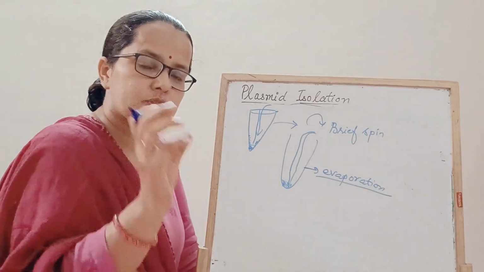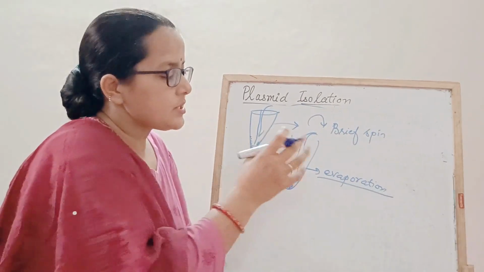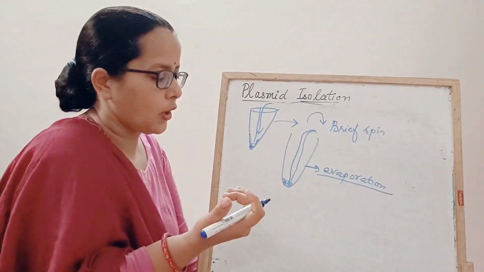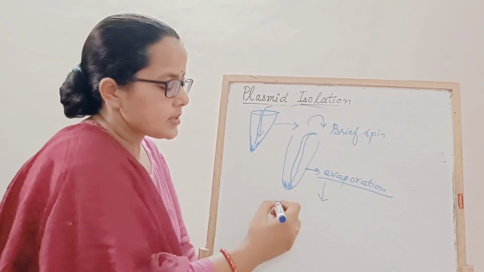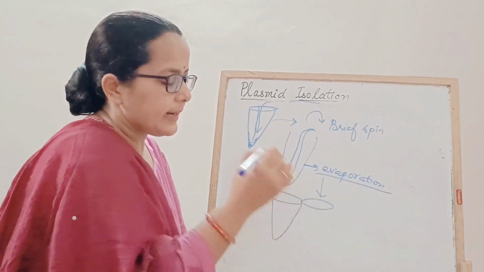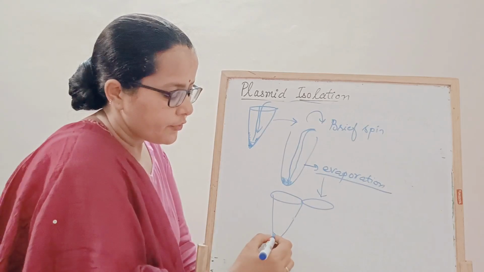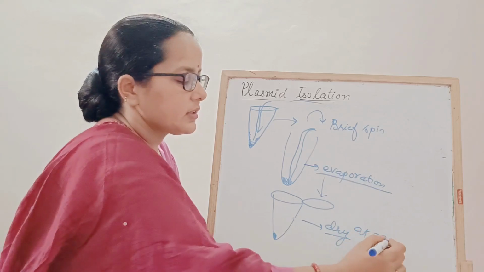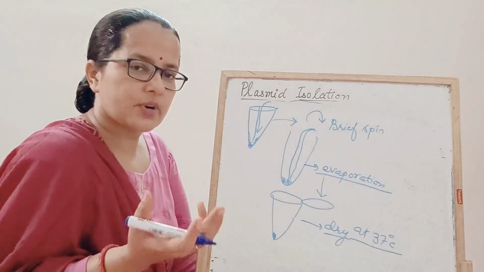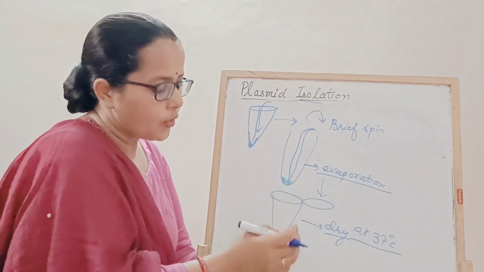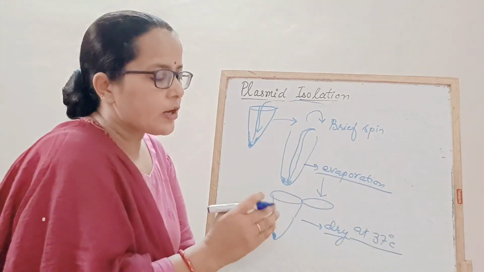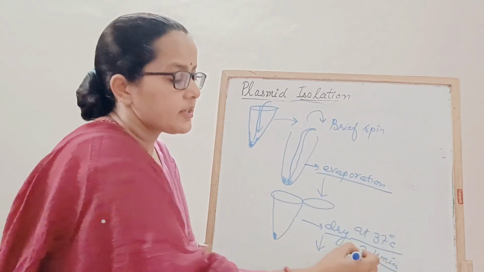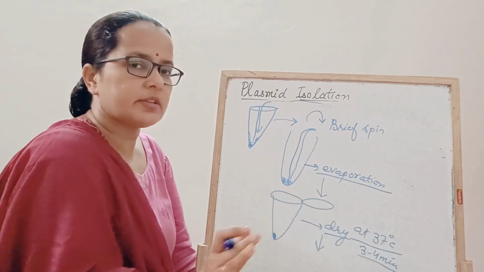टिप के जो आपका सबसे स्मॉलेस्ट वॉल्यूम है, that is 10 microliter pipette, उस पिपेट से आपको उस अल्कोहल को रिमूव कर लेना है. You just go slowly, you just go down and take out the volume. Once you have taken out, you just place this tube with the lid open, आपका इसका लिड ओपन करना है, and then place this tube for drying at 37 degrees. आपको 37 डिग्री पे जो आपका ड्राई बाथ्स हैं, just place these tubes, तो आपको जो अल्कोहल will evaporate. And once your alcohol is evaporated, it will evaporate in 3 to 4 minutes, roughly 3 to 4 minutes. If alcohol amount is not that much, it will evaporate in 3 to 4 minutes.